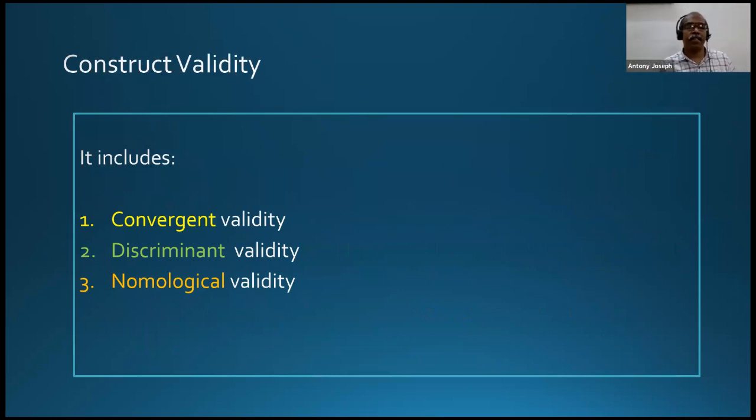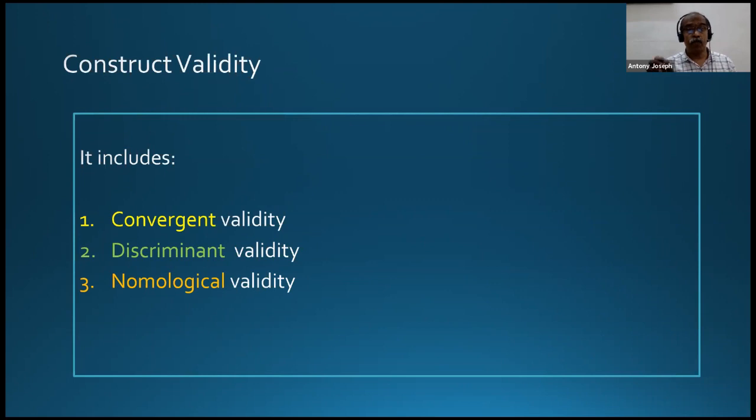Another thing is regarding construct validity. We are moving on to the application side of our research, that is construct validity. How can we ensure the validity of a construct? The construct validation process includes convergent validity, discriminant validity, and nomological validity.